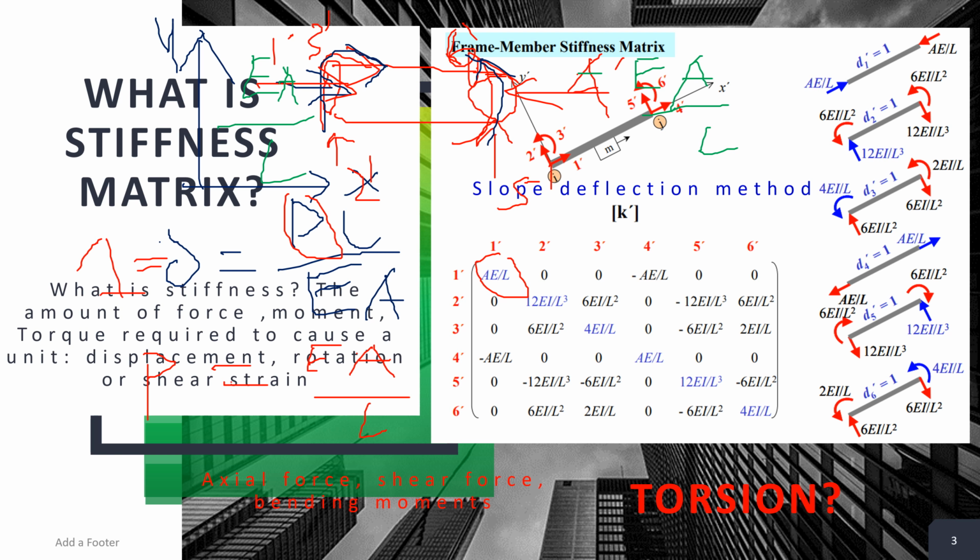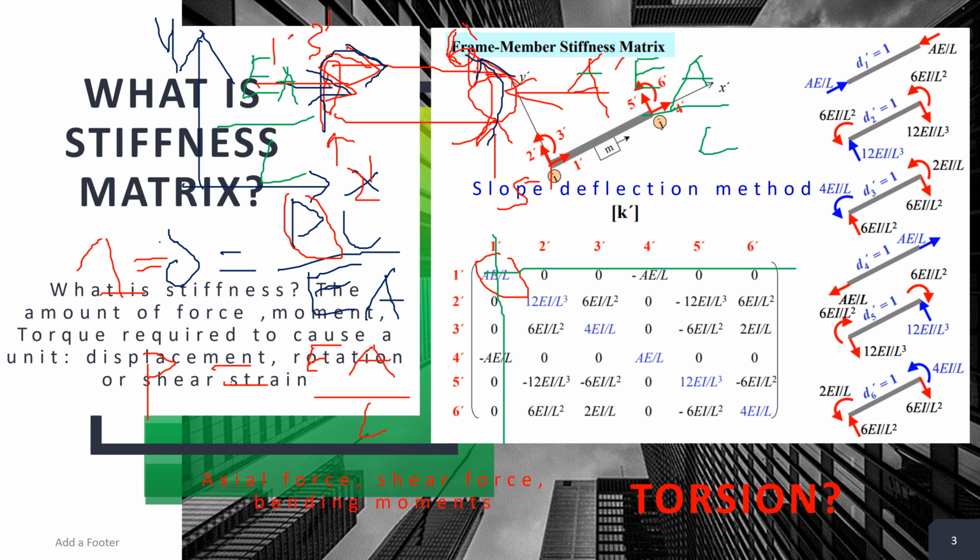So to get the stiffness matrix, you apply the force that causes a unit displacement in that direction and assume everything else is zero, hence the reason. So you can see positive AE over L, and at the fourth position negative AE over L, both vertically and horizontally. So that's the reason. So to understand the other stiffness matrices,